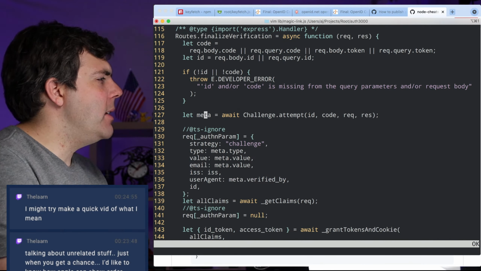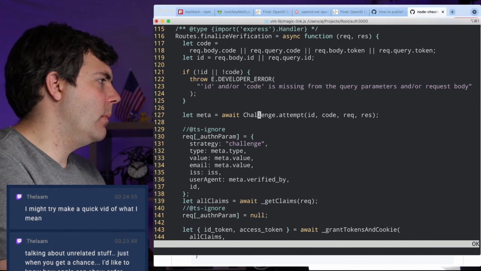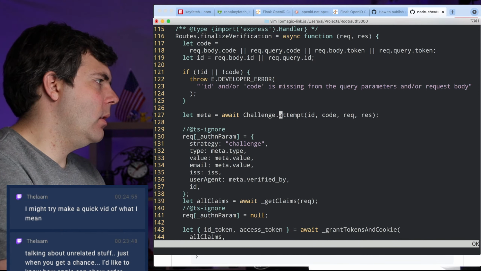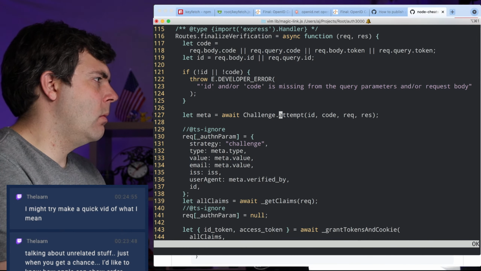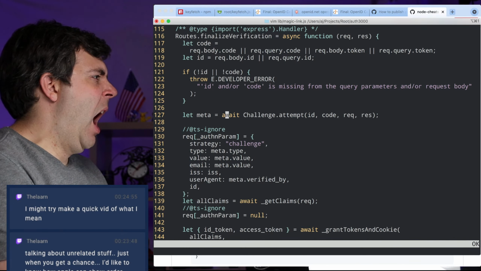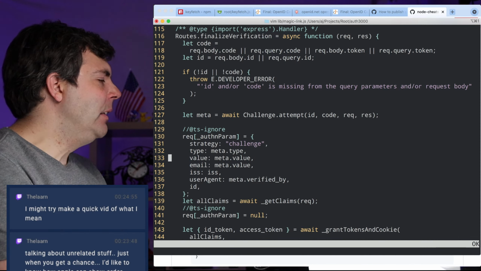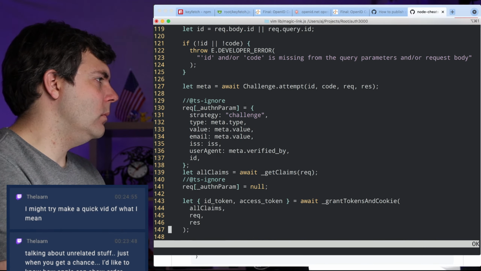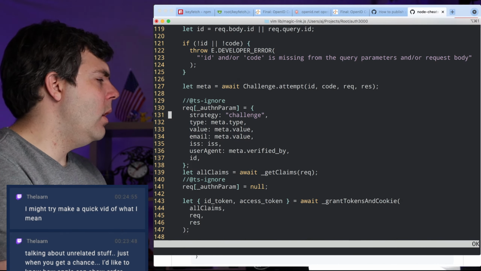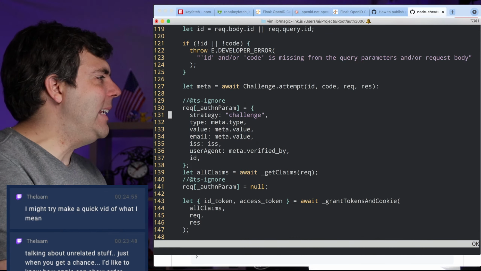I need a better word than attempt here, but I'm not sure what it should be. Oh, and there's two different ways to get this.